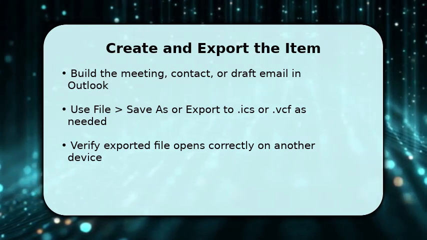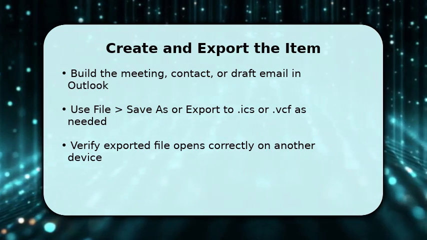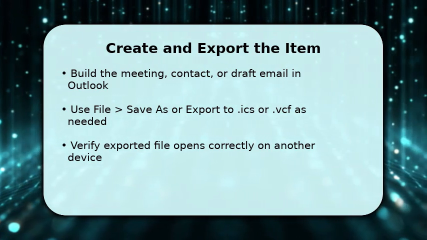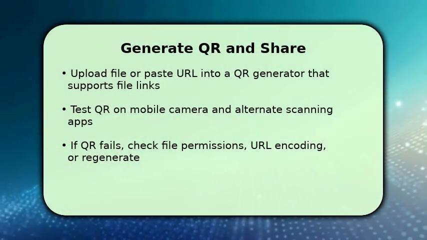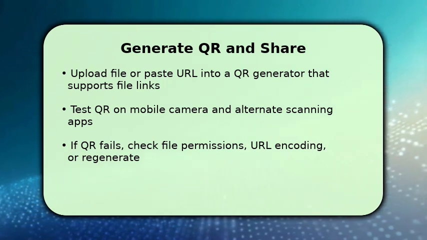After verification, compress multiple files into a single ZIP or host the file where public access is allowed. So the QR will point. You now use a QR generator. Paste the public URL or file link, choose high error correction, and generate the code in PNG or SVG for